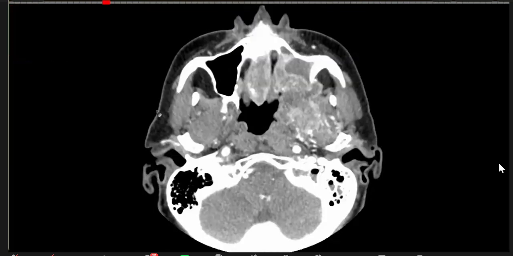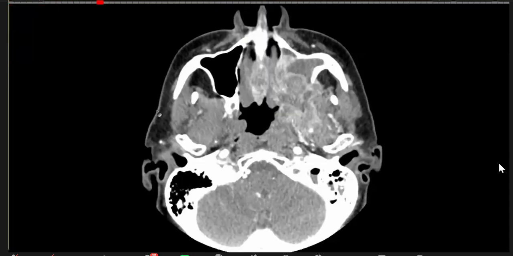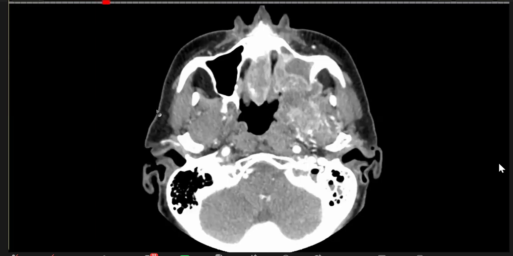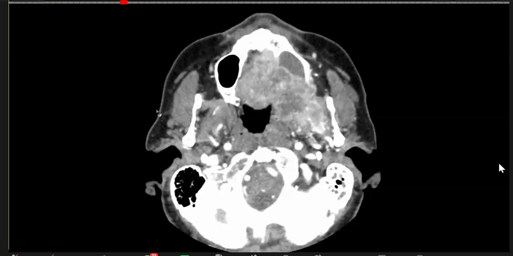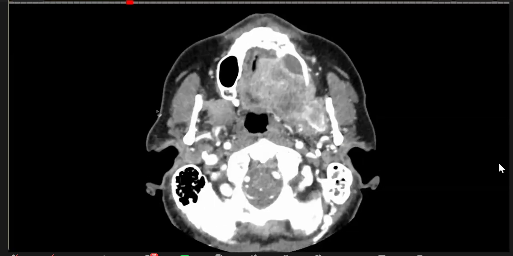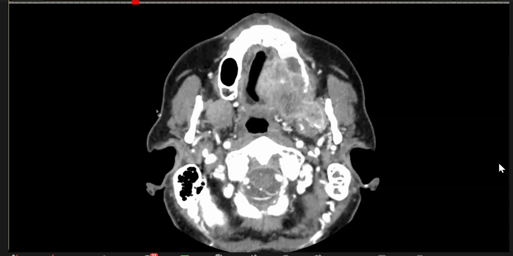The patient had a CT actually next day. Okay. So the mastoid air cells, there is mild to moderate left-sided mastoiditis, and I can see an enhancing mass in the region of the left maxillary sinus. So let me scroll through the images. I can appreciate a moderately enhancing mass in the region of the left maxillary sinus, which is causing erosion and